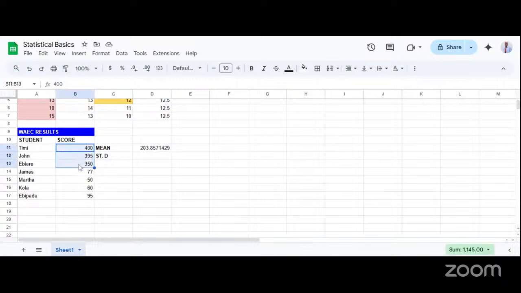Three people scored above 300. Then the remaining people scored below 100. Yes, many people. So in the case of an educational institution, the education of the student is more important than just numbers. But if the educational institution was to just assume, based on these numbers, okay, 200 is a good average for our students.